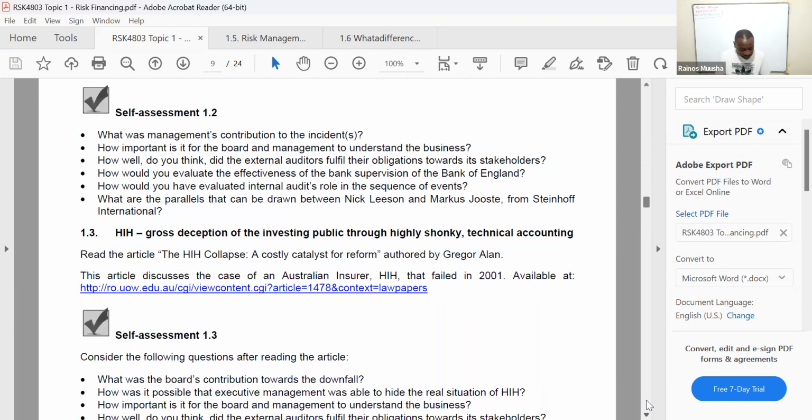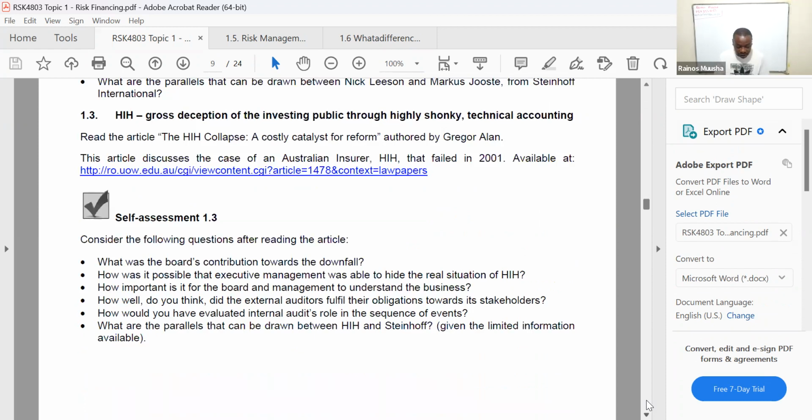Then 1.3, they also look at the HIH collapse. And remember, this was an insurer in Australia. There was the case of the board overstating information and not necessarily being truthful and honest when it comes to presentation of their information. So yes, from an application perspective, in real life, this is basically what you need to know